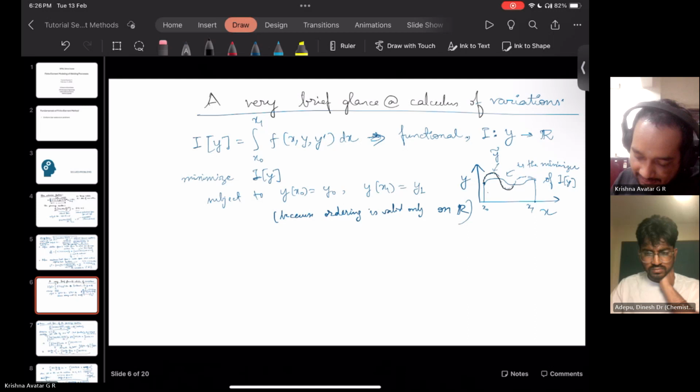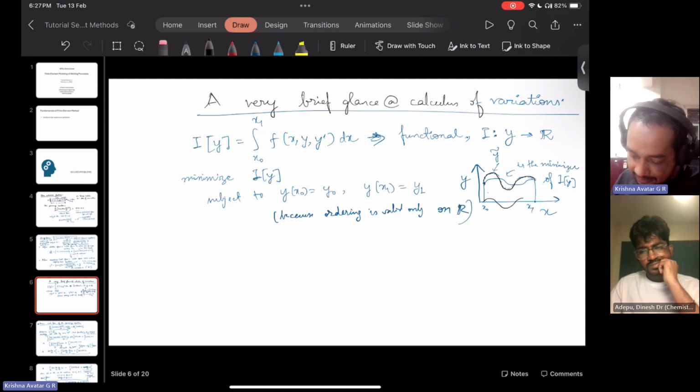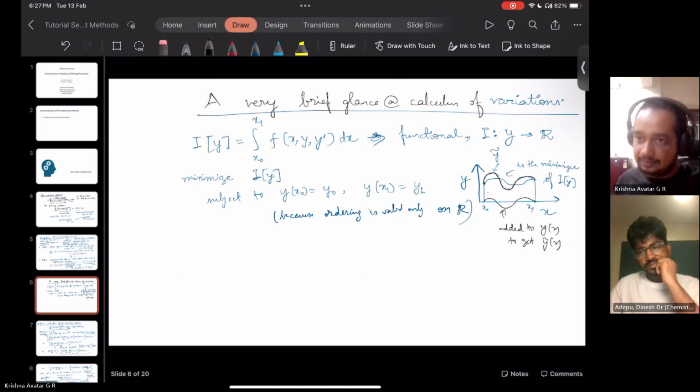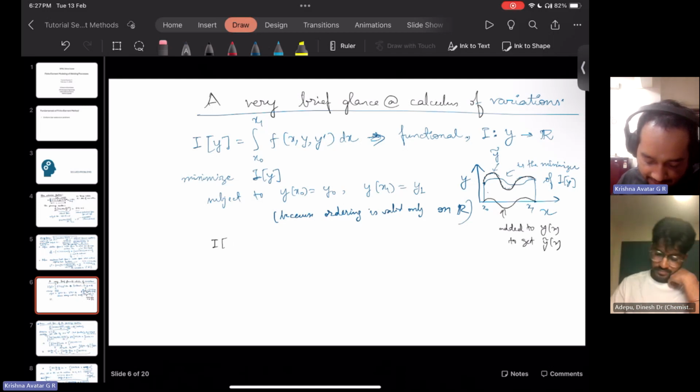We have added something to y, increasing, decreasing, and increasing, to get y tilde. Which means that the value of I when y tilde is substituted is greater than